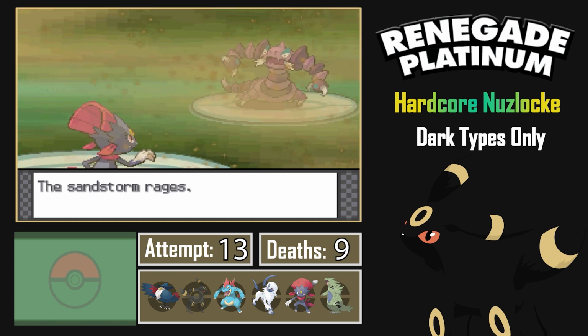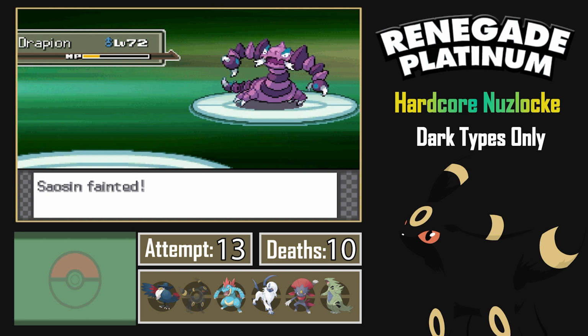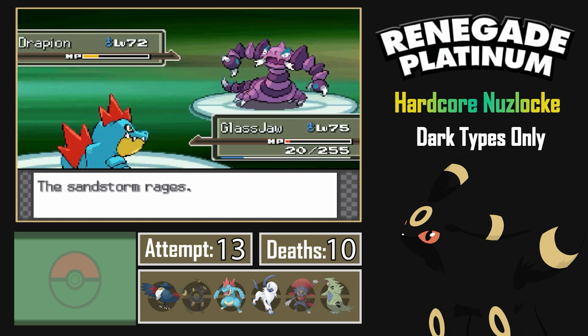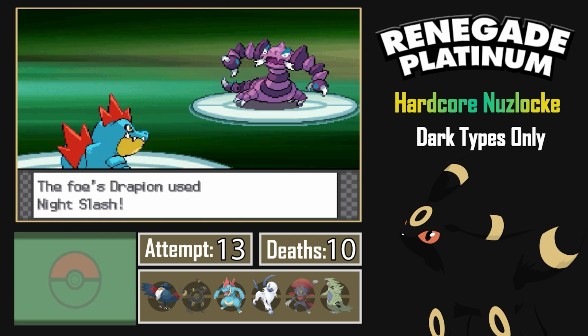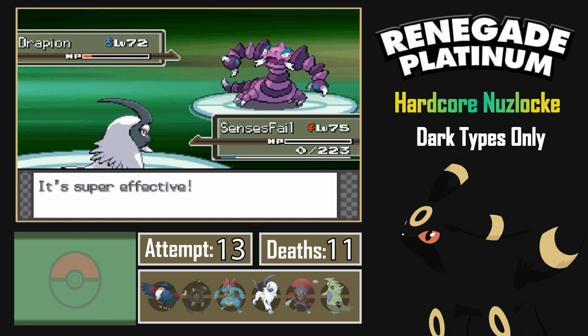in, and a few banded Aerial Aces can damage it a bit, but it goes down to a pair of X Scissors. I bring in Feraligatr to get off an Earthquake as he heals, and then we're finished off with Night Slash. Our fastest remaining member is Absol, but it's still too slow and goes down, so it looks like